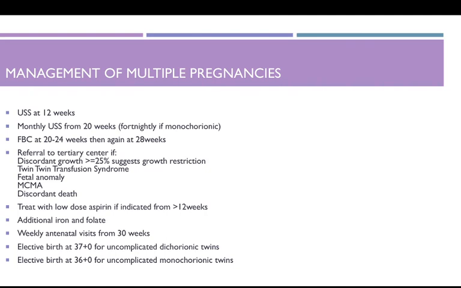You have full blood count at 20 to 24 weeks, and then again at 28 weeks because of the increased risk of anemia. You'll need referral to a tertiary, so like a specialist centre, if there's discordant growth. So if there's more than 25%, this suggests growth restriction. If there's discordant growth between the two twins, if there's evidence of twin-to-twin transfusion syndrome, if there's any fetal anomalies,